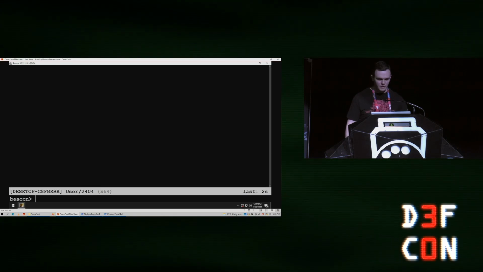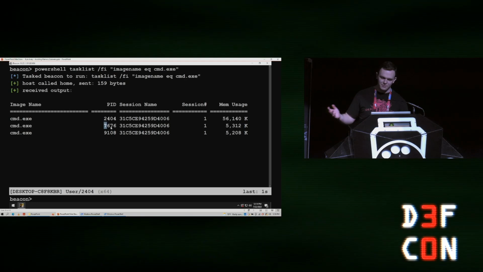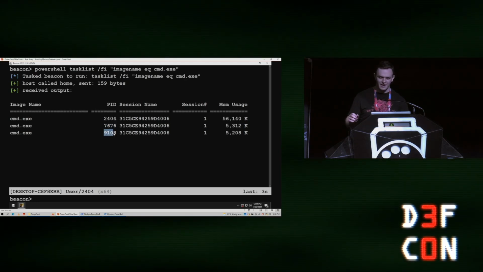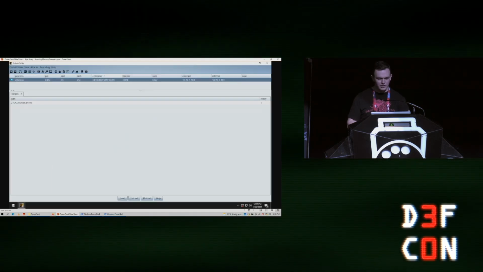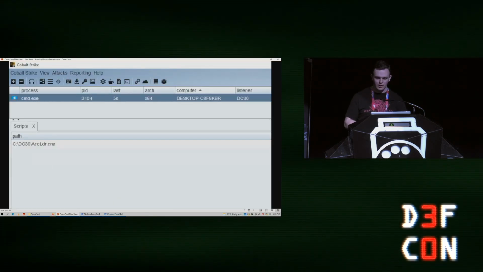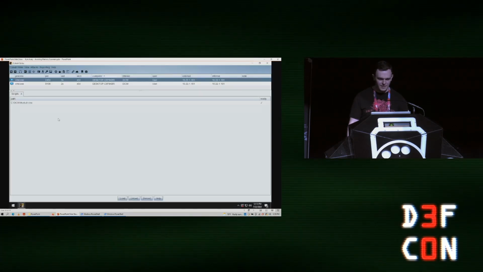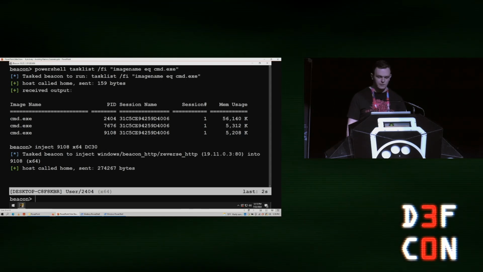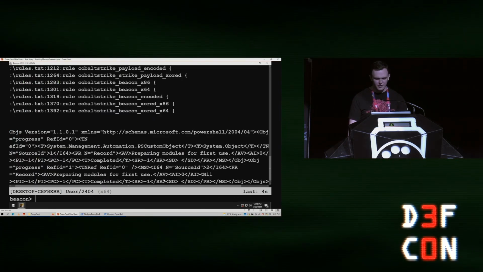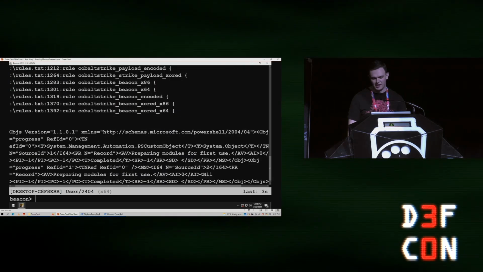So I've got just a demo here of using AceLoader. Well, look, we've got our command prompts. We've got 3 of them, and you'll see why. We're going to use that 7676 at the end for malmemdetect. But we'll inject into 9108. We'll give this a second here, and it will get our callback. So we have our beacon now. Then we'll start trying to scan it with different tools that the analyst might use. So the first thing I do here is I just list out all the Yara rules, just so you can see that there are a good number of them at least.